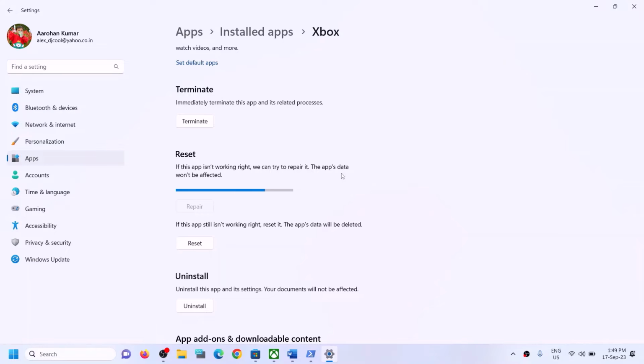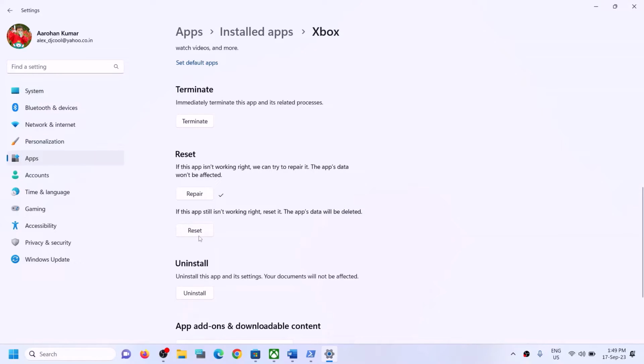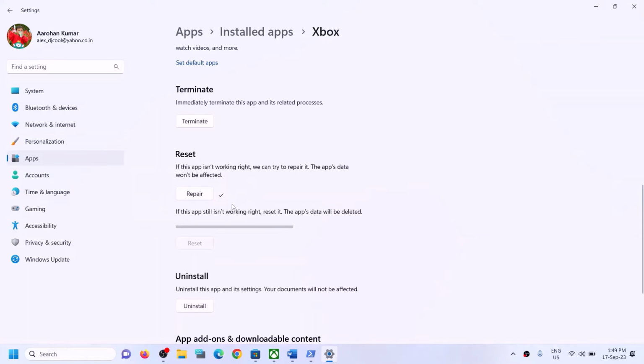Still you are facing the problem. If the repair does not resolve the problem, in that case you can perform reset. Now once the reset is complete, you can try to install the game. But if even the reset is not fixing the problem,